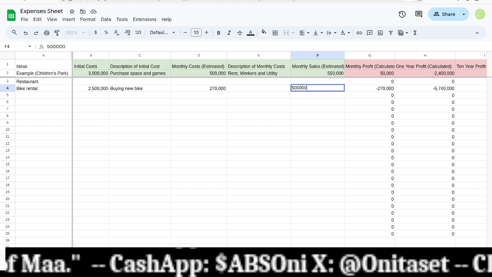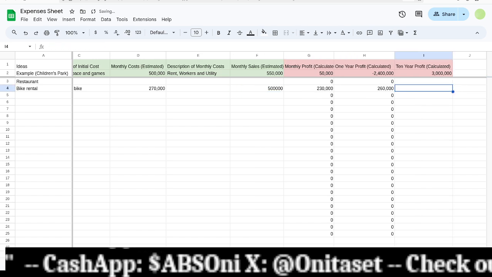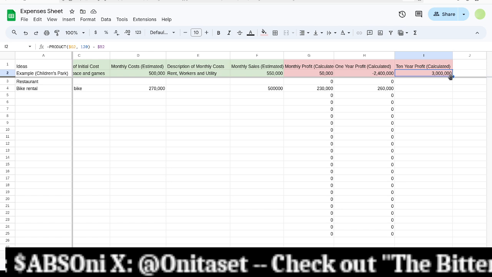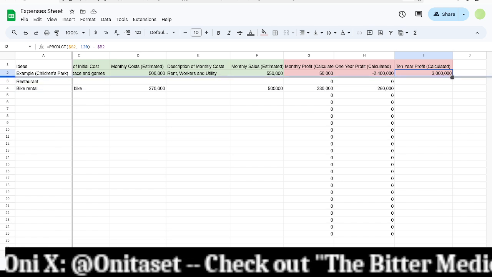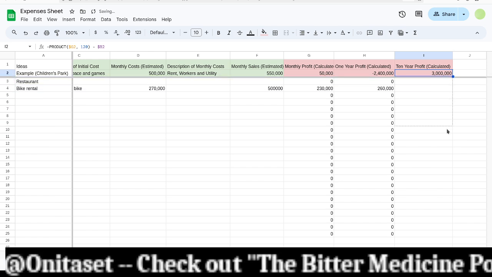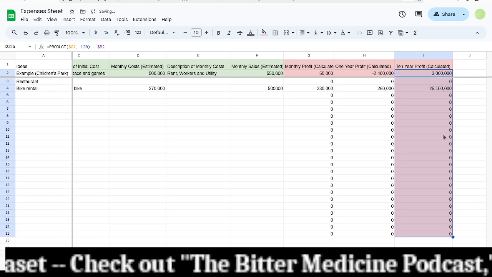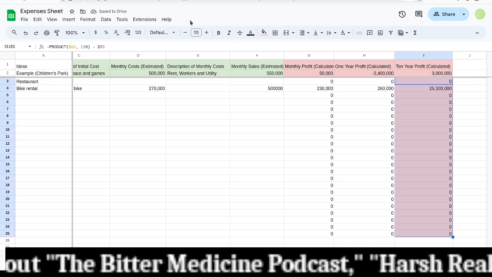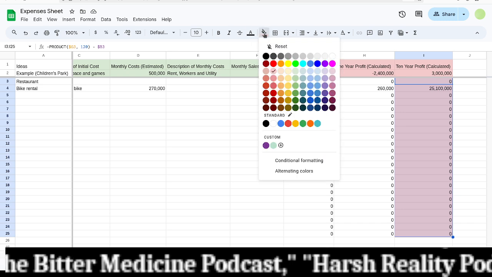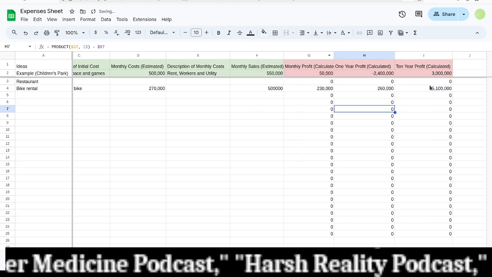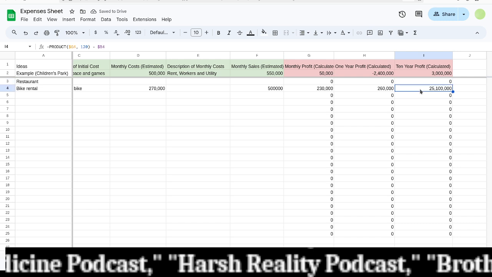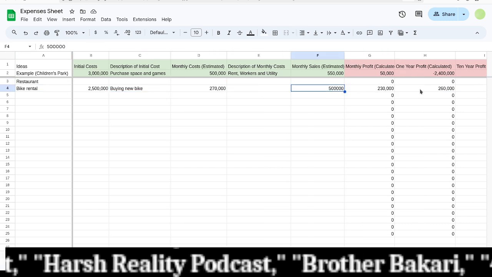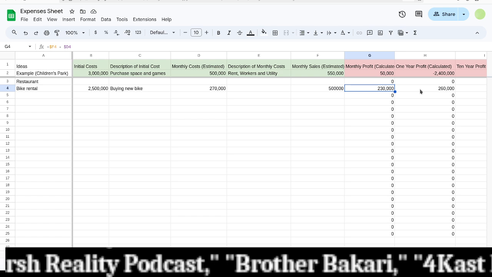$500K, right? Then, here's another thing you want to learn. So you go here and then you just pull it down. Just pull down on this blue orb, and then it does the calculation for you. Now it will also pull down your fill, so you just want to reset, and you'll get back to that. But the point is this: after 10 years, assuming this bike makes $500K a month, your monthly profit is